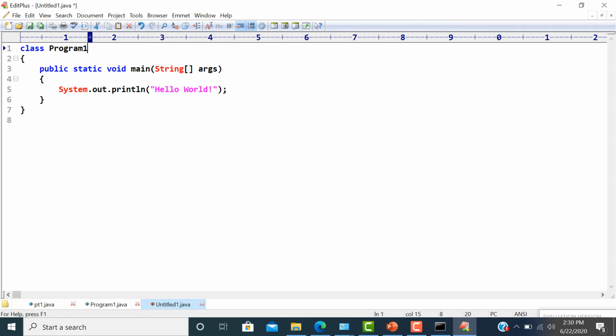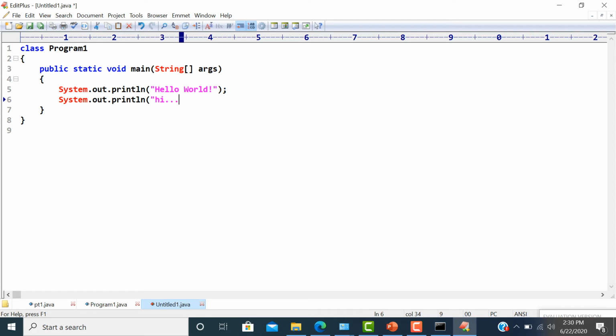System.out.println is what you will be using instead of printf and scanf to print the values in C and C++. Similarly in Java, System.out.println is used for printing statements. Whatever you're going to print has to be enclosed with double quotes. S should be capital. System.out.println. The ln is nothing but, once hello world has printed, it has to move to the next line. So ln is just your print line.